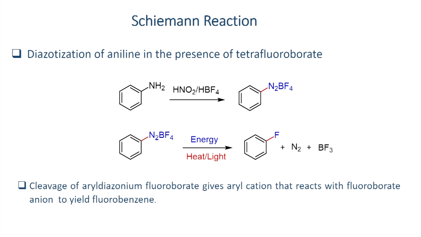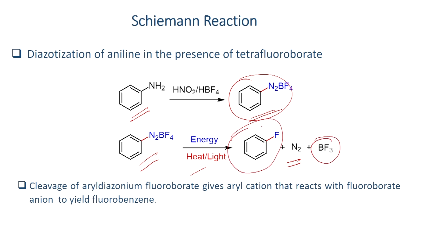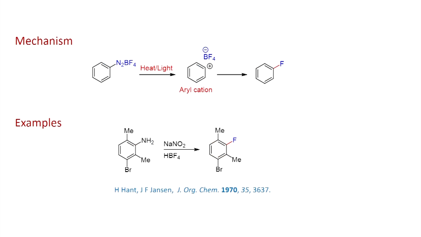For example, now let us take this aniline. You can convert into diazonium salt when you react with HNO2 and tetrafluoroborate, and you can make this salt. Once you form this salt, when you provide energy, when you heat the salt, it can lose nitrogen molecule and BF3. In this way you will be able to form the fluorobenzene as a product. The reaction pathway is shown here. As you can see here, when you heat this salt, it can lose a nitrogen molecule and you will have this salt once again.